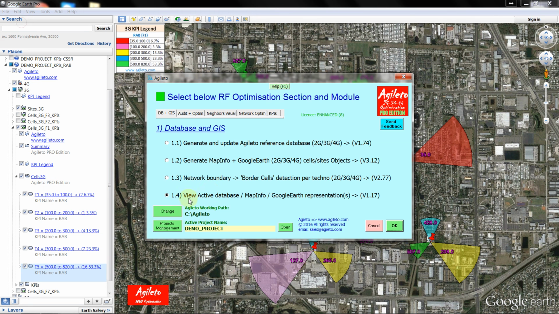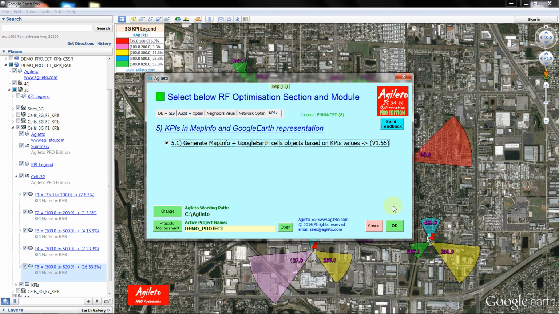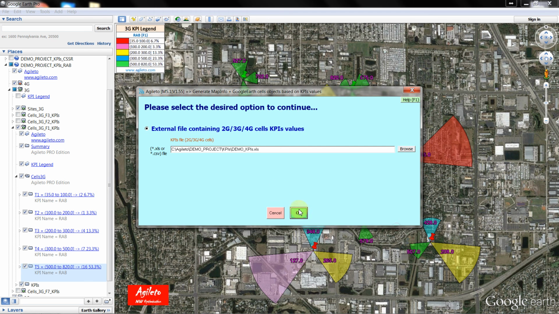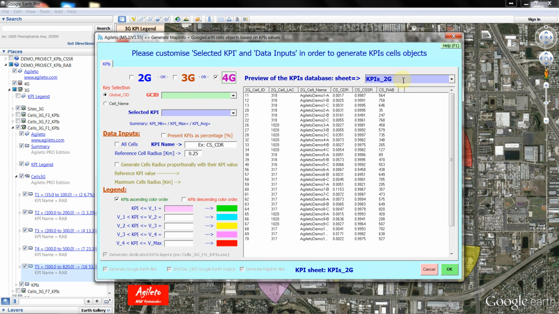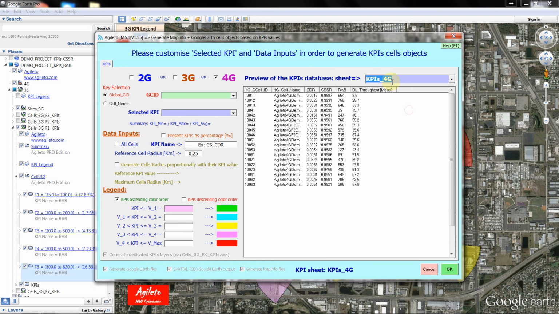Now let's try to do the last thing. I want to show you something, for example, for the throughput. For the 4G, in this case we will use the 4G technology, and we will use the sheet corresponding to the 4G, and we will use this input, downlink throughput in megabits per second. So for the reference, we will keep the 4G cell name, for the selected KPI we will put downlink throughput, and in this case we will put downlink DL throughput in megabits per second,